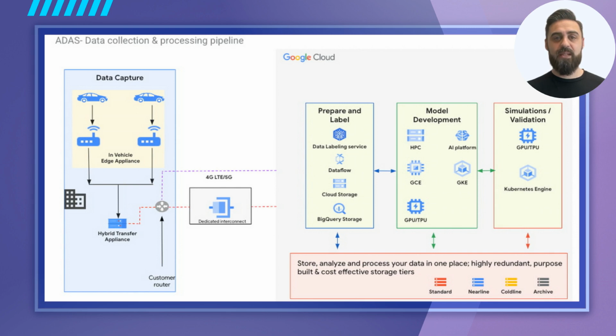With the Edge Appliance, this data can be processed in real time, allowing for predictive maintenance and faster response times in case of accidents or other emergencies. Moreover, the Edge Appliance can also help to optimize traffic flow in smart cities. By analyzing data from connected vehicles and other sensors, traffic signals can be adjusted in real time to reduce congestion